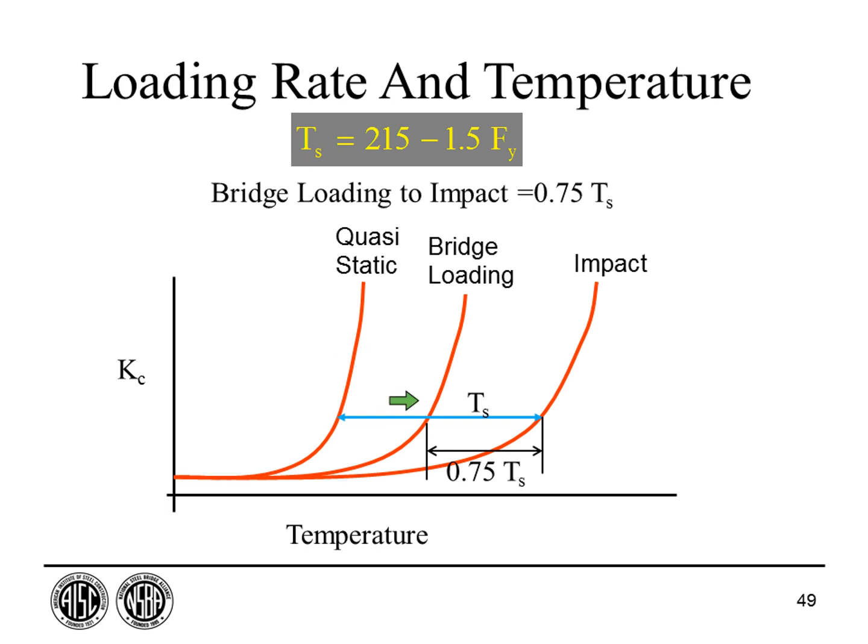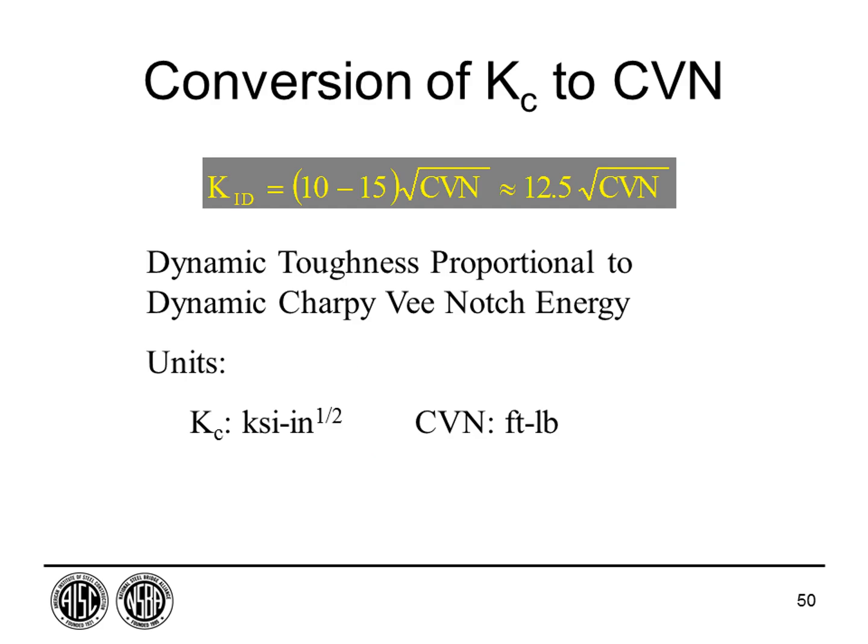But if we want to go from an impact load to a bridge loading, and the bridge loading means that time to maximum load is of the order of a second, we're not all the way down here. We're about 75% of the temperature shift. Now this we use to set the test temperatures, and we can convert this toughness into what we call a